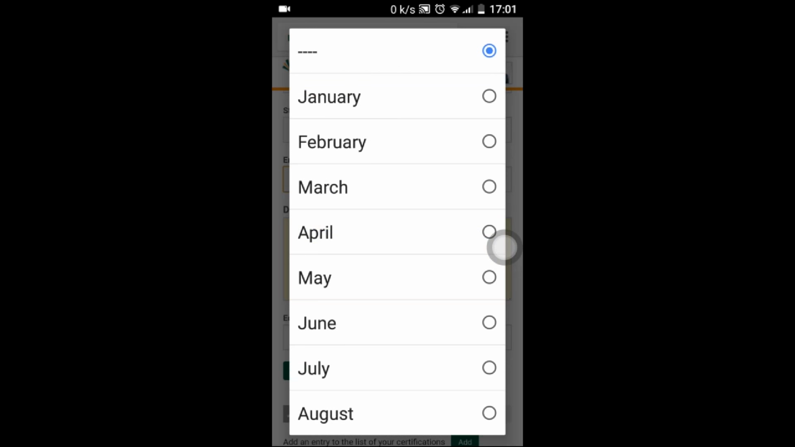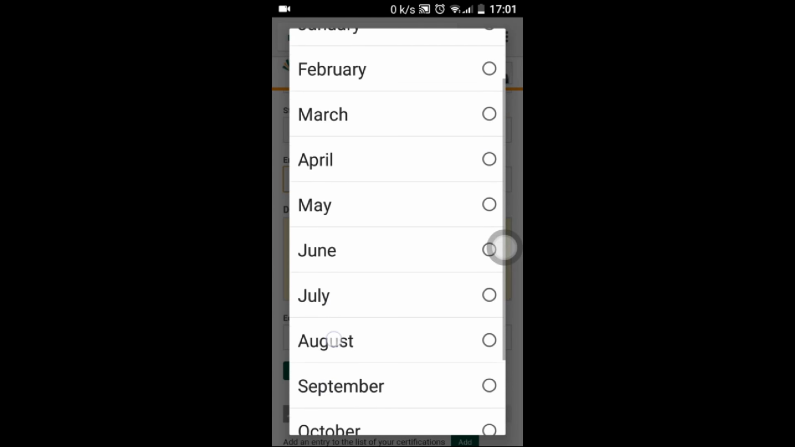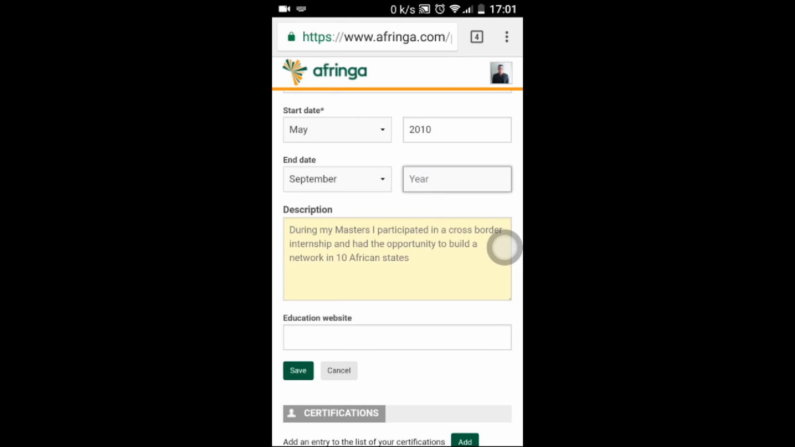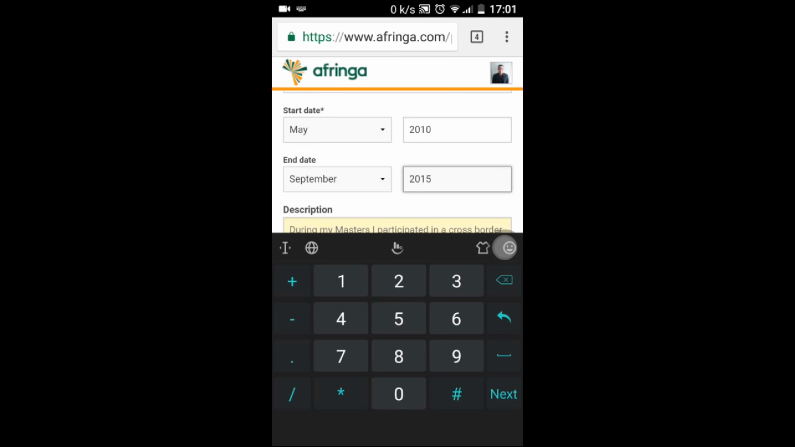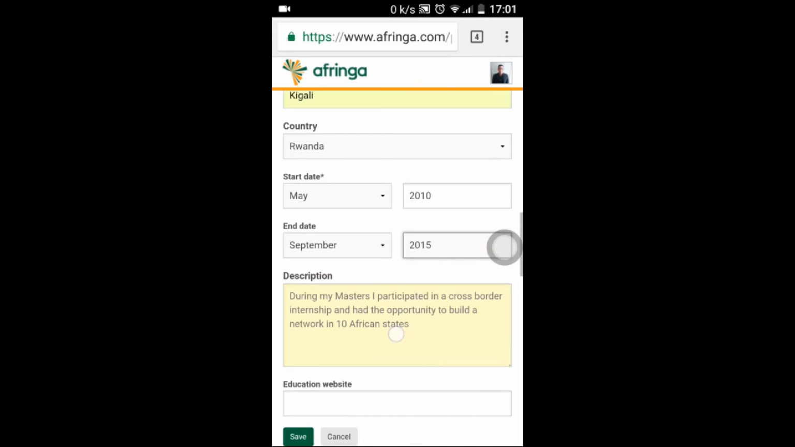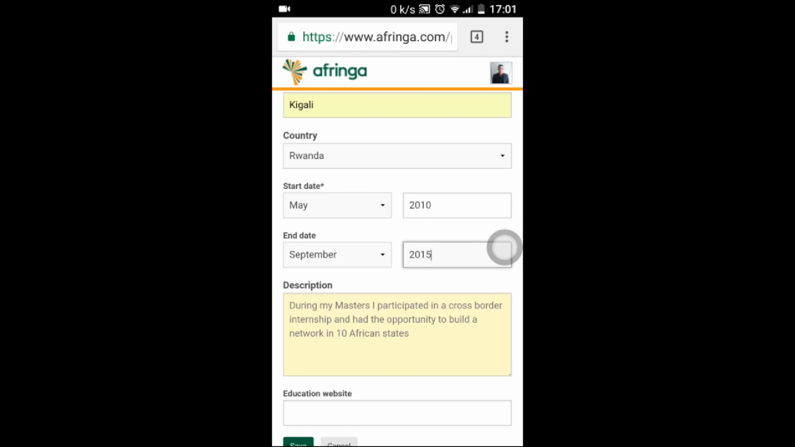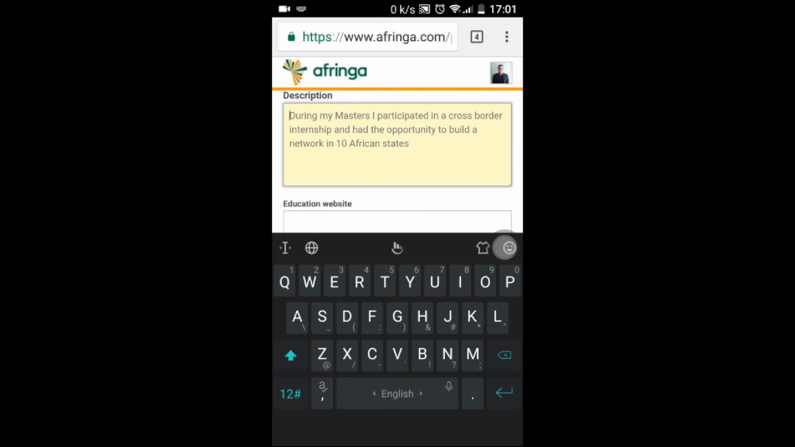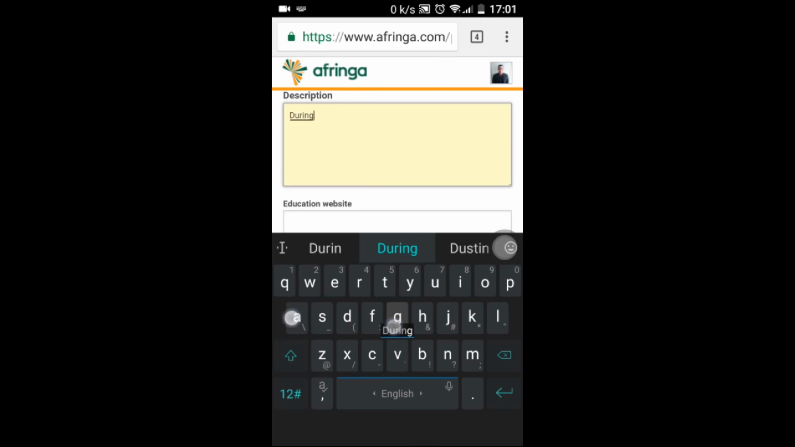In the end date, please note that this can be the date at which you left the school or the date at which you are expecting to leave the school. So let's say, for example, September 2015. And you can put in a description about your studies. Let's say, for example, during my master's,